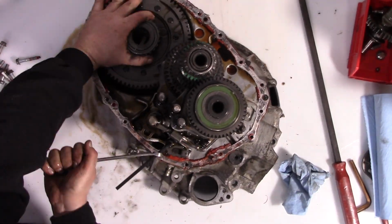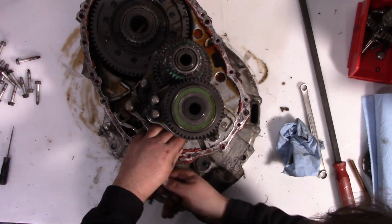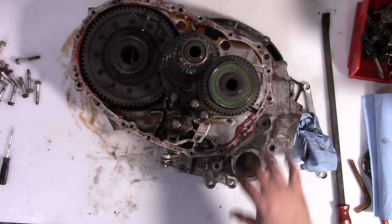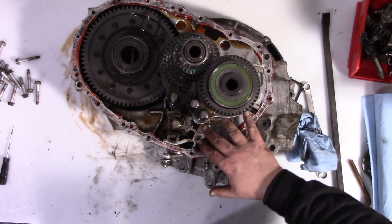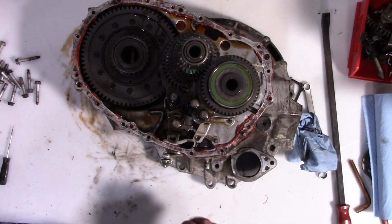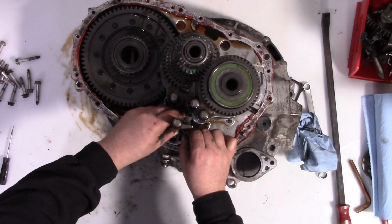All right, we're just going to continue taking things apart. The reverse idler comes out with the reverse gear. Oh, I'm sorry, I forgot to mention: the stuff that we just took off here, you don't need to take off if you're not replacing the differential. If you're replacing just the reverse detent, what you need to do now that you're at this point is just,